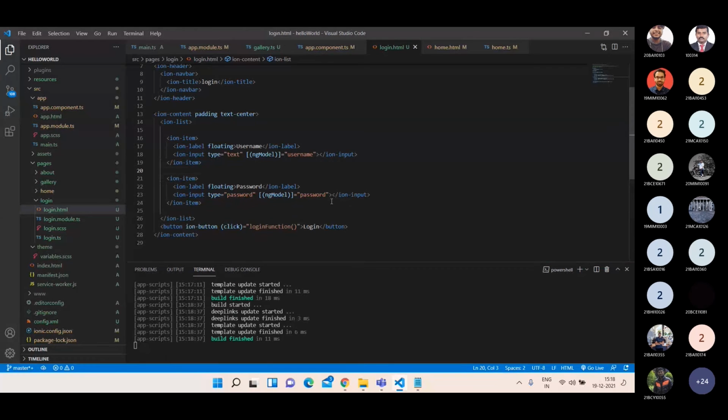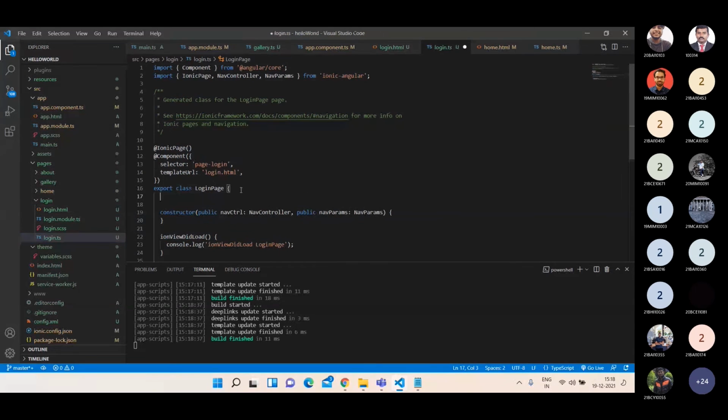So don't worry. We created two variables, and we have to create these two variables in the login page component also. Username colon any, password colon any.